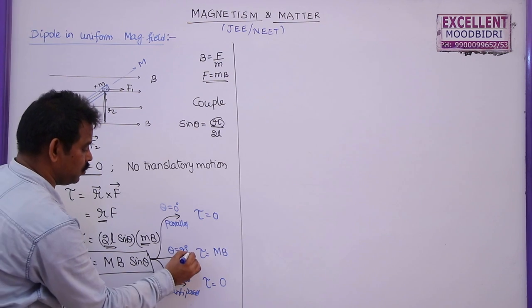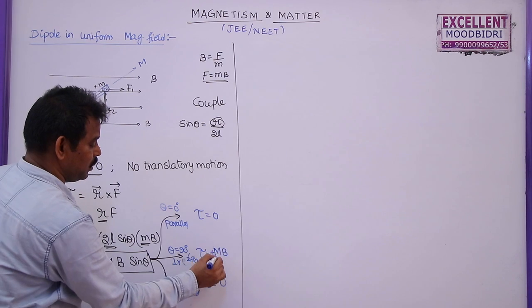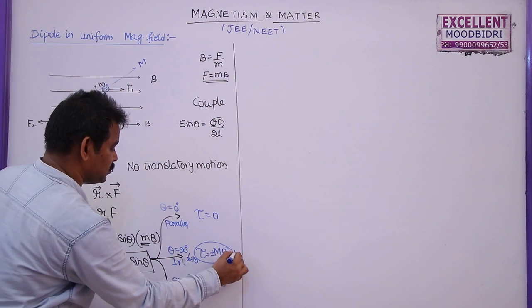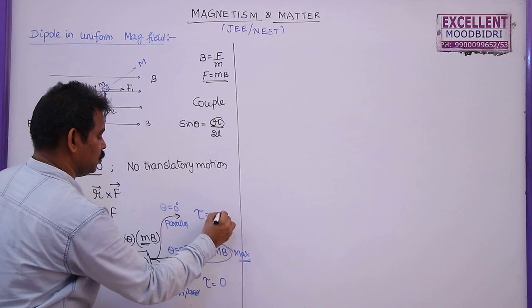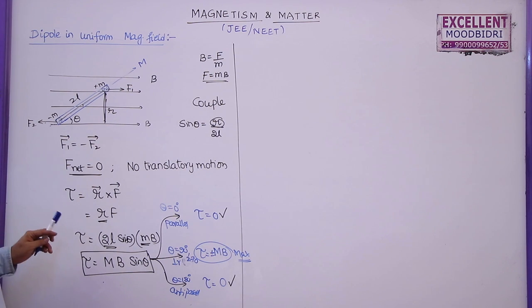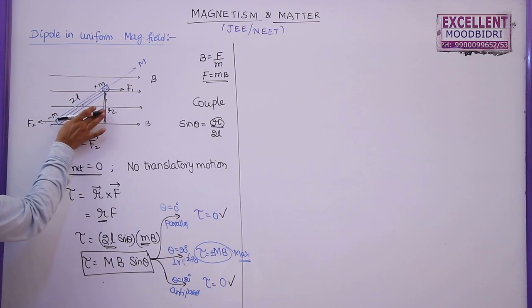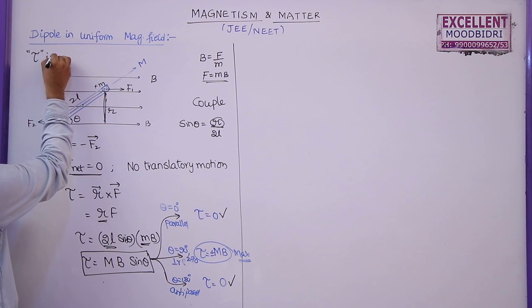And if theta is equal to 270, then the torque will be minus MB. This plus or minus MB is the maximum value of torque. At theta equal to 0 and 180, the torque is minimum. So torque is minimum if the dipole is parallel or anti-parallel to the field. Here I am writing tau is minimum